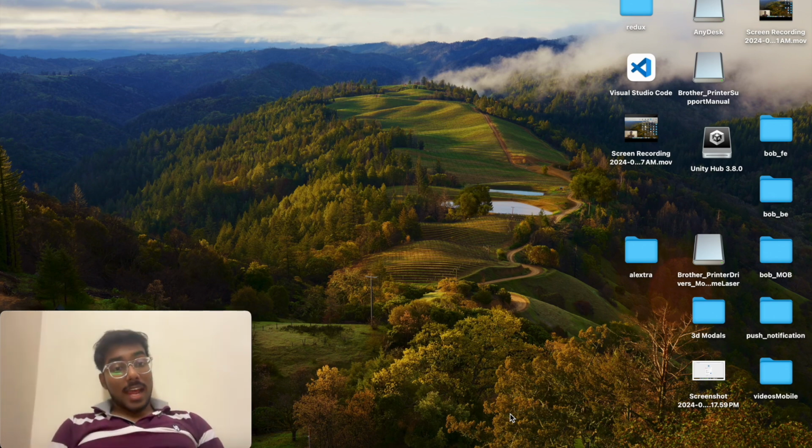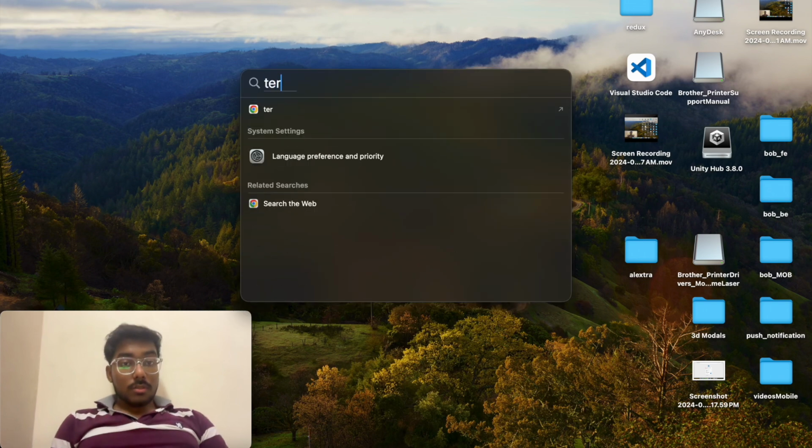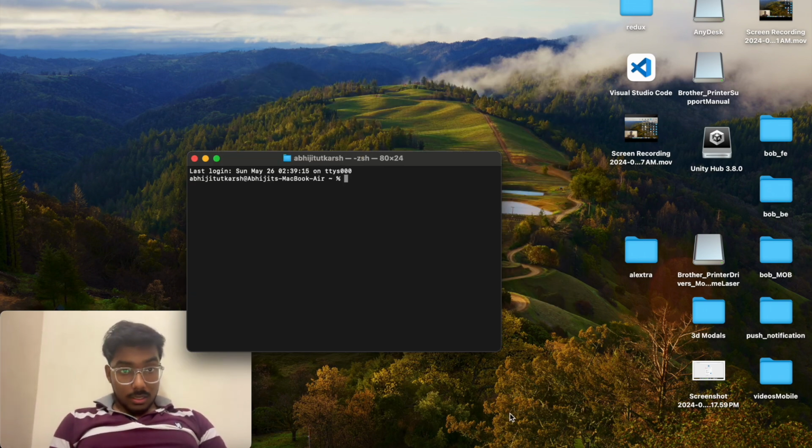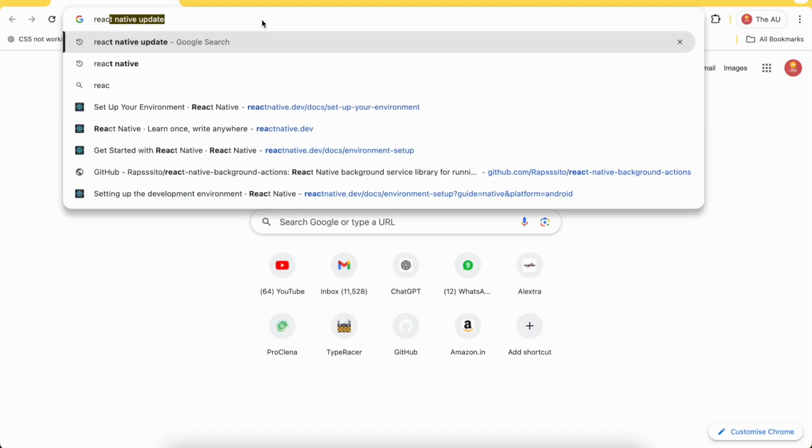Let's start, let's dive in. Alright, so let me take my terminal on, and let me create a new React Native app first. So let me go to the desktop. So you can see guys, I am in the React Native